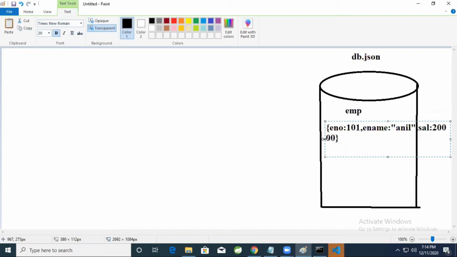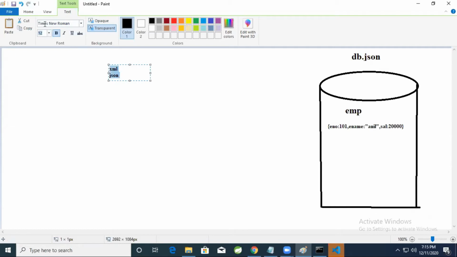Nowadays, if you want to transfer the data via network, you'll try to transfer the data in the form of JSON only. In olden days, people used to transfer data in the form of XML. There are two languages. One is XML. Other one is JSON. So what is the difference between why these two are used? Two advantages are there. One is to maintain the configuration file.